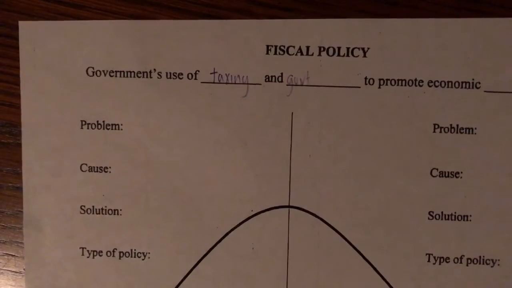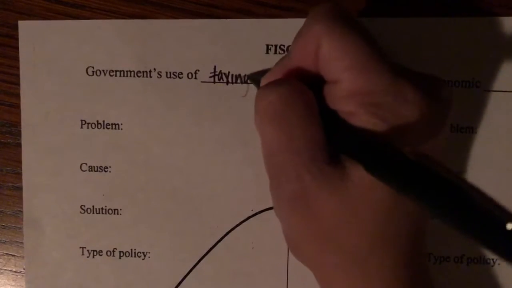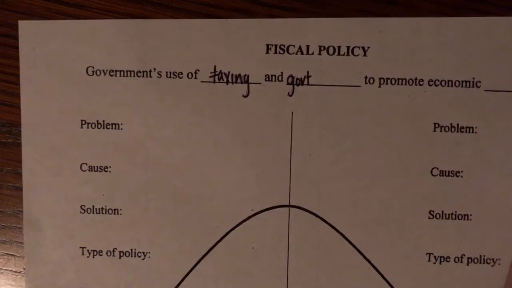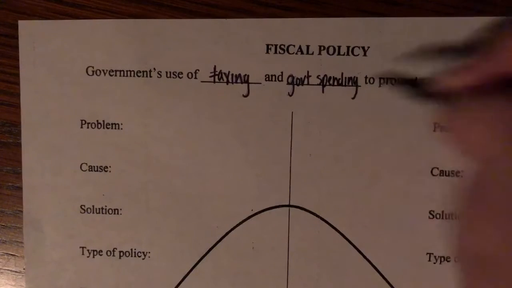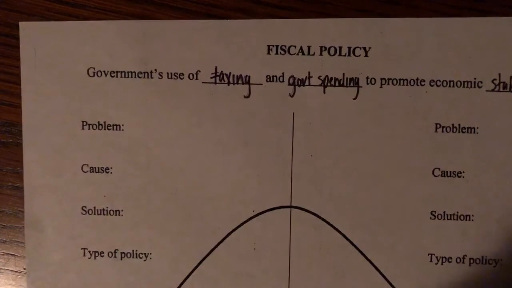Okay, so it's the government's use of taxing and government, if I just abbreviate government, are y'all okay? Spending to promote economic stability or growth. So what we're going to look at is, and I'm slowing it down today, just to go back